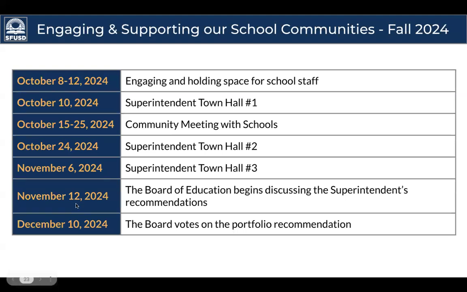But nothing is final until it goes to the Board of Education. So on November 12th, the Board of Education is going to discuss the plan with the superintendent, the list, and then on December 10th, the board will vote on whether or not they're going to go forward with the proposal. 咁而家都唔係最後決定，要去到11月12號教委會會議，教委會就會討論學監嘅建議。去到12月10號，教委會就會投票睇下接唔接受呢個建議。